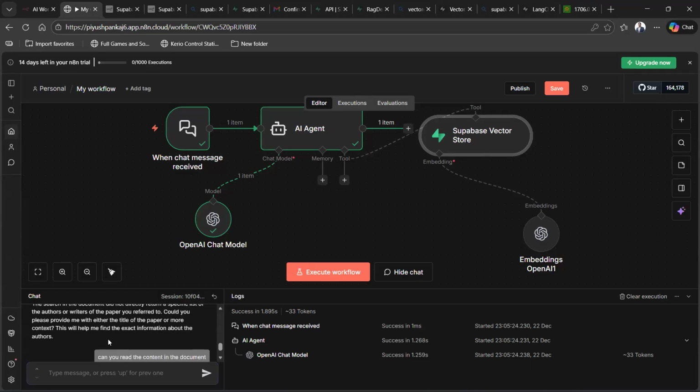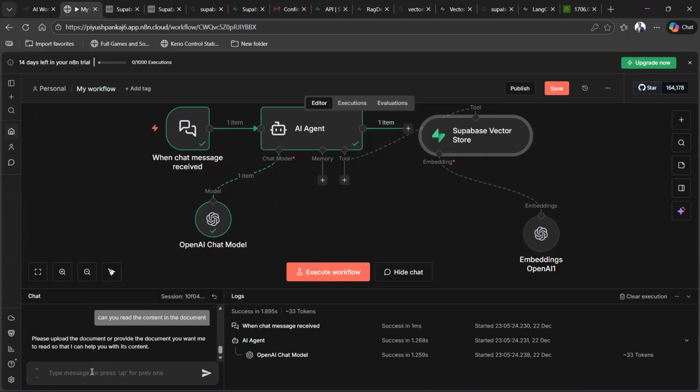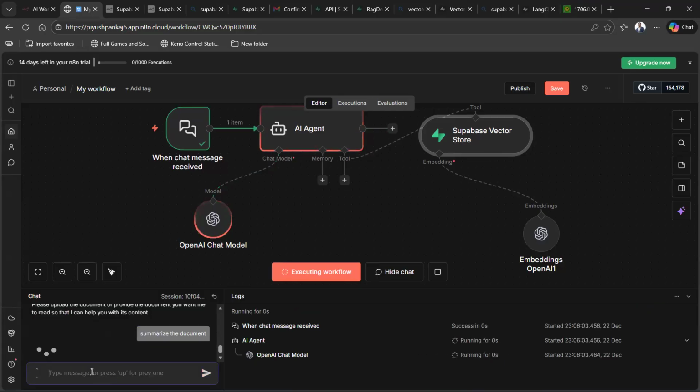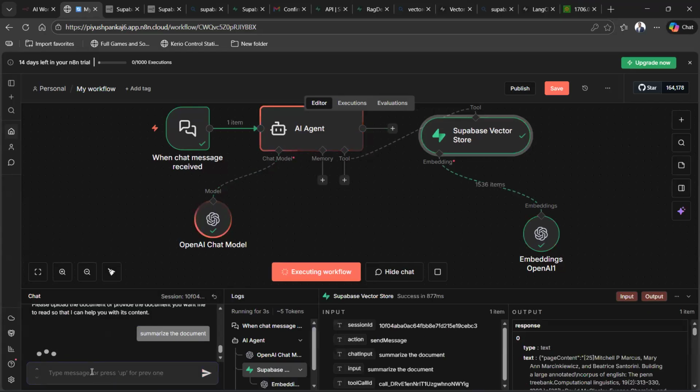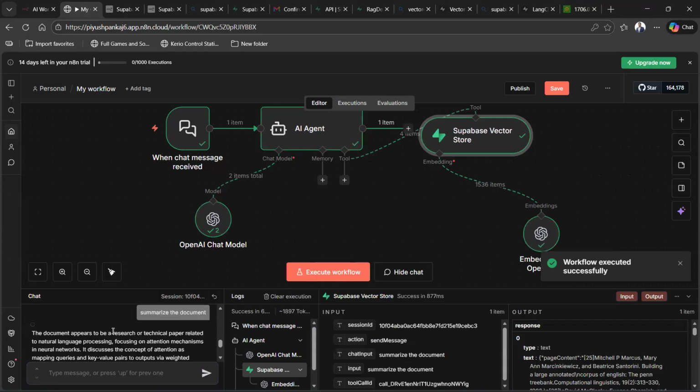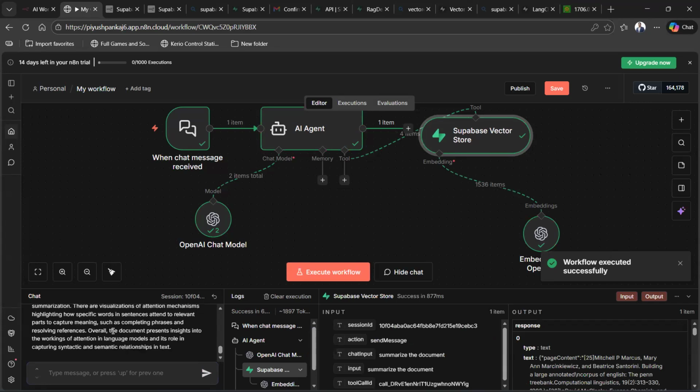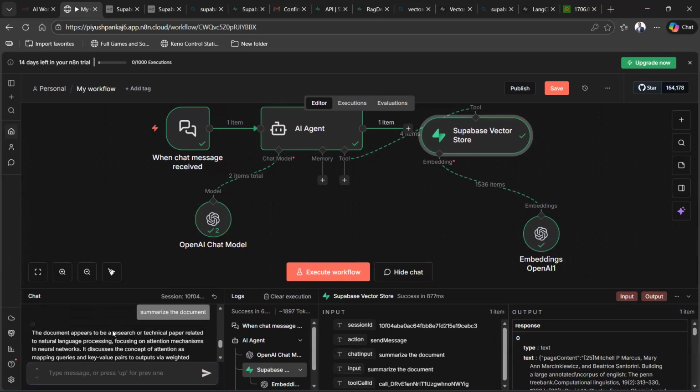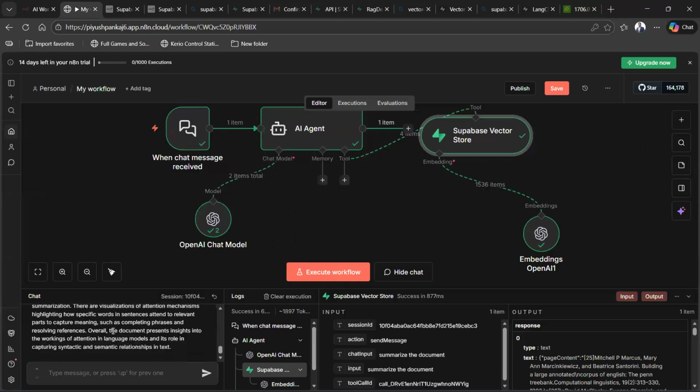All right, but if I ask, summarize the document, the summarization I'm getting, but that document also has the writers, the authors,